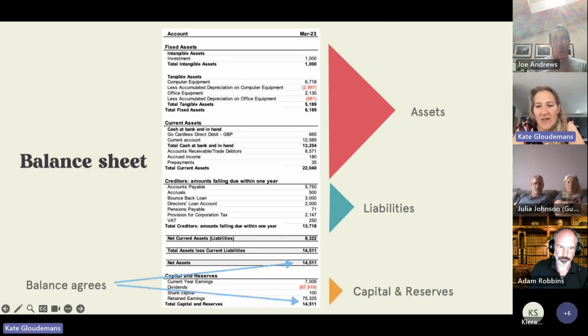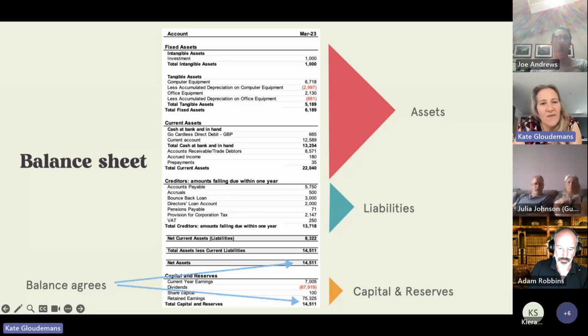Liabilities, on the other side of things, are things that you owe to someone else, or something that you will need to pay at a future point in time. And they're normally split out between current and non-current. And it's important you've got that split, because if somebody's looking at your balance sheet and you've got all your liabilities under current liabilities, but actually you've got a loan that isn't due back for 5 years, you could completely misinterpret the position of the business. So